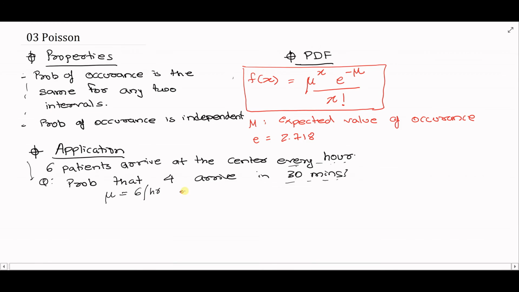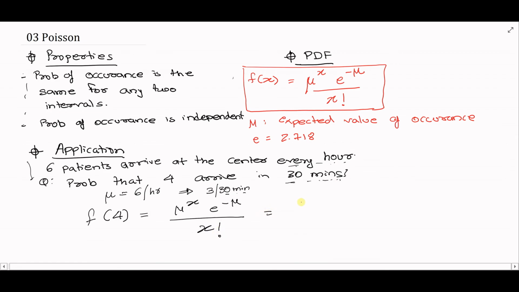right? And that means that it's 3 patients or 3 occurrences every 30 minutes. Why are we thinking of 30 minutes? Because that's our question. Our question is to figure out the probability of 4 occurrences, 4 patients arriving, and that is going to be given by mu to the power x, e to the power minus mu, divided by x factorial,